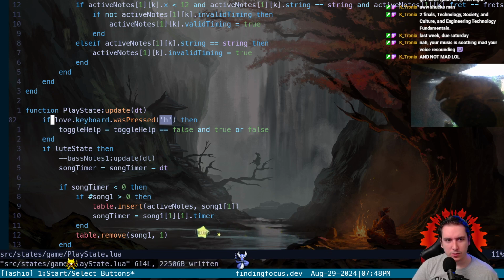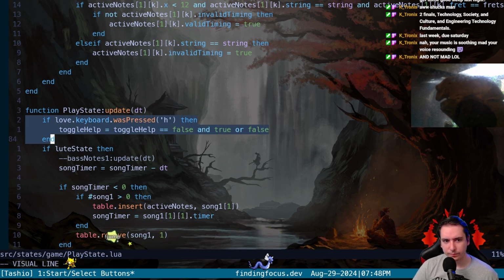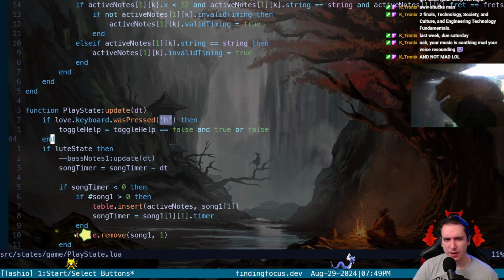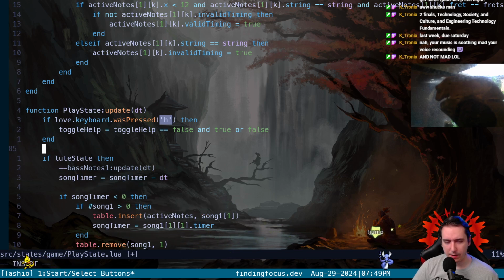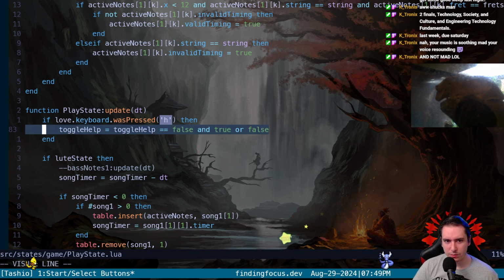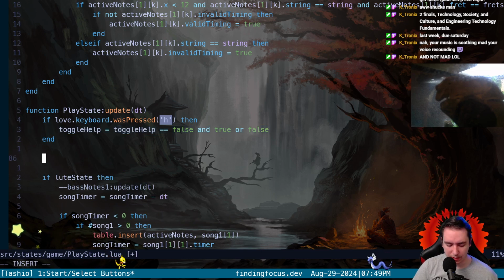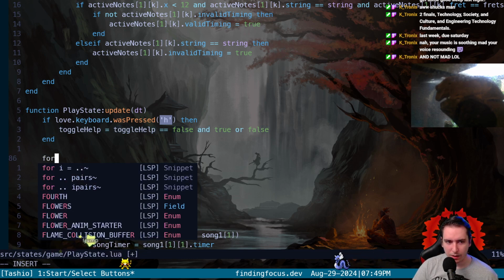Okay. So I think we want to... We can keep this in the play state. It's just that we need to listen for a dot pressed. We need to see if the select is pressed and then do the same ternary operators to toggle our help on and off. So we need to cycle through our